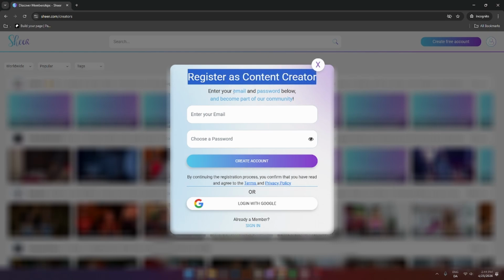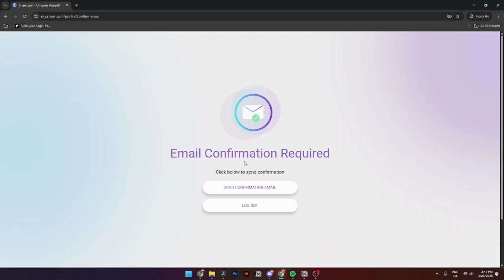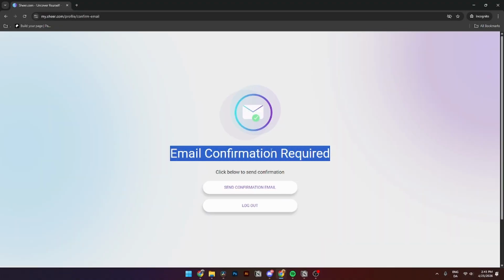From here you'll need to enter in your email address and a password below and become part of the community. From here you'll simply need to click create account, or you can also log in using your Google ID. Now from here an email with a confirmation is required, so you can click here to send confirmation email, and